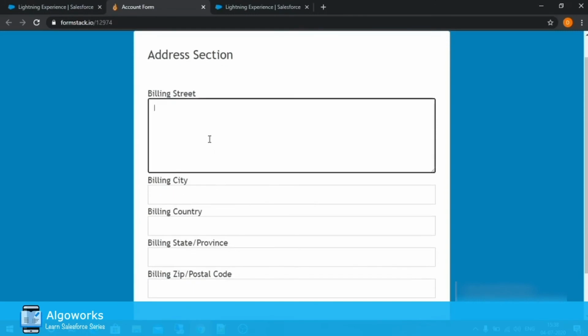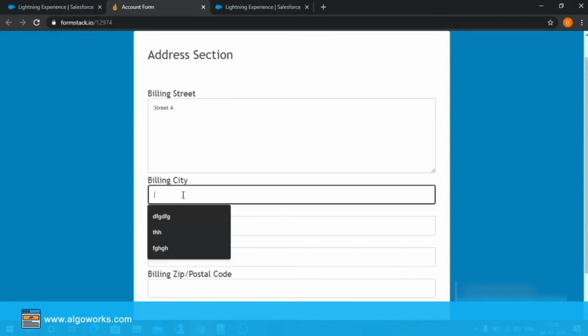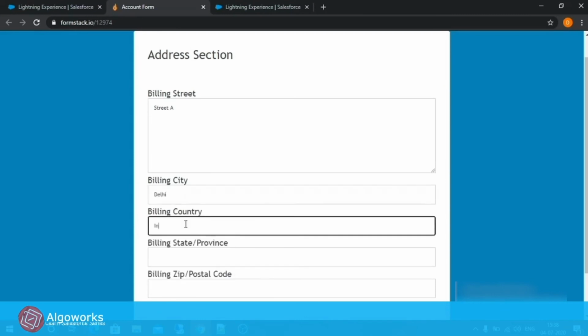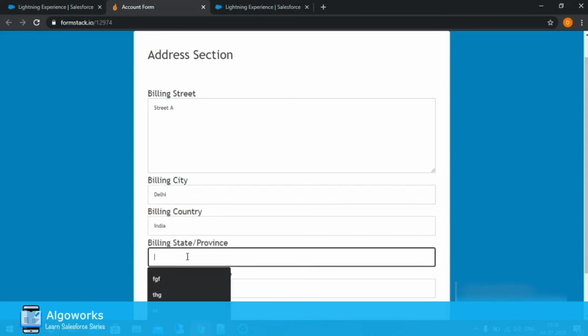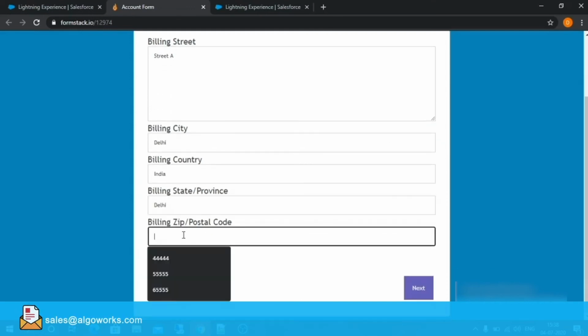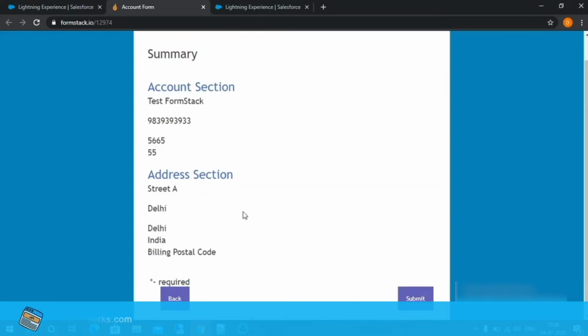Click on next. Street, let's write a street A. City can be anything, let's say Delhi everywhere. Country is India. State, let's write Delhi only. Use any of the following given and click on send.